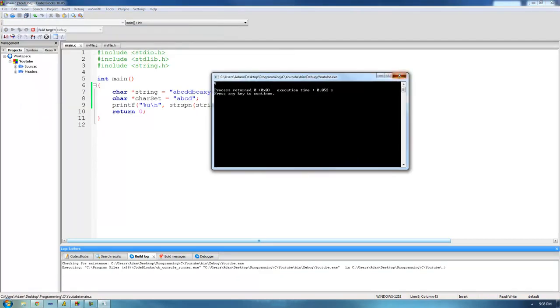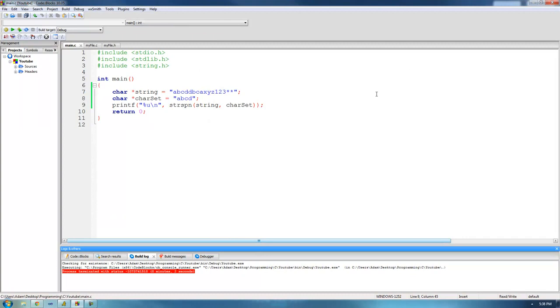Perfect. But let's say that I didn't want to start looking at the beginning of the string. Let's say I wanted to start looking at the index of 2. So I wanted to start looking right there. There's no way to pass in as the parameter the index of the character that we want to start at. But what we can do is add to this parameter right here. So like I said, let's say that we wanted to start at the index of 2 right here, which is just at this C. Well, all that we have to do is just add a 2 to this parameter,